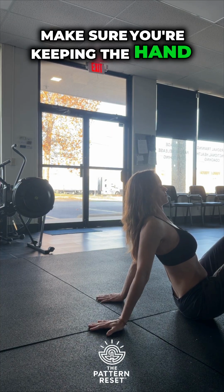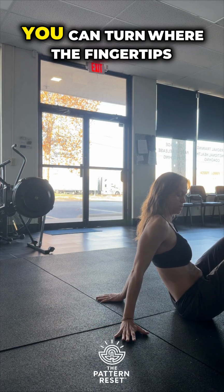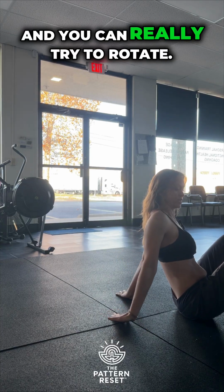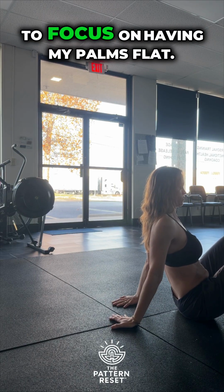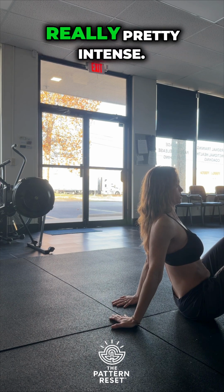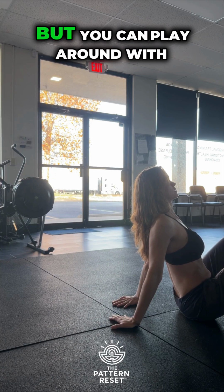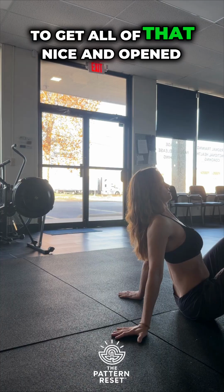Make sure you're keeping the hand flat on the floor. You can also try some different angles. You can turn where the fingertips are out and stretch. And then you can really try to rotate. Good luck with this one. It's pretty rough. So this one, I tend to just be able to focus on having my palms flat. I'm not able to do a whole lot more than that because this one's really pretty intense. The more I hang out here and breathe, the more you can lift that chest. But you can play around with those angles a little bit and try to get all of that nice and